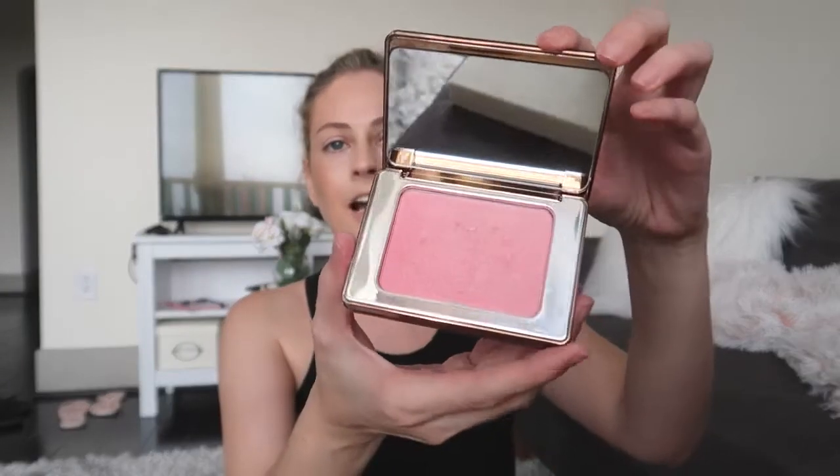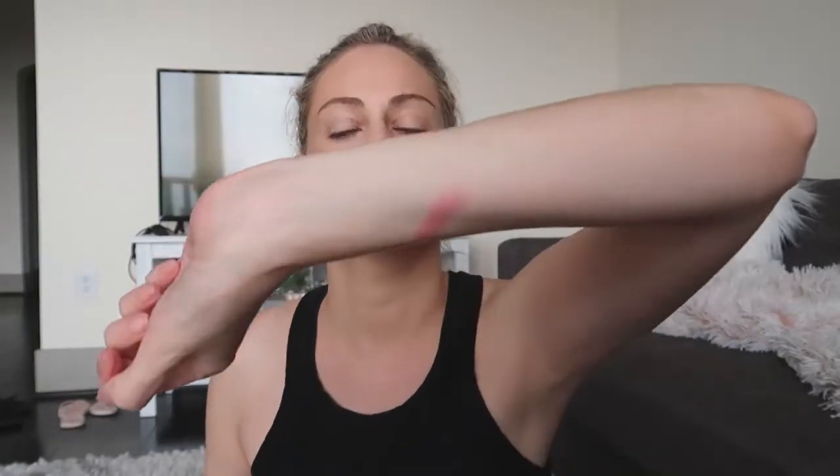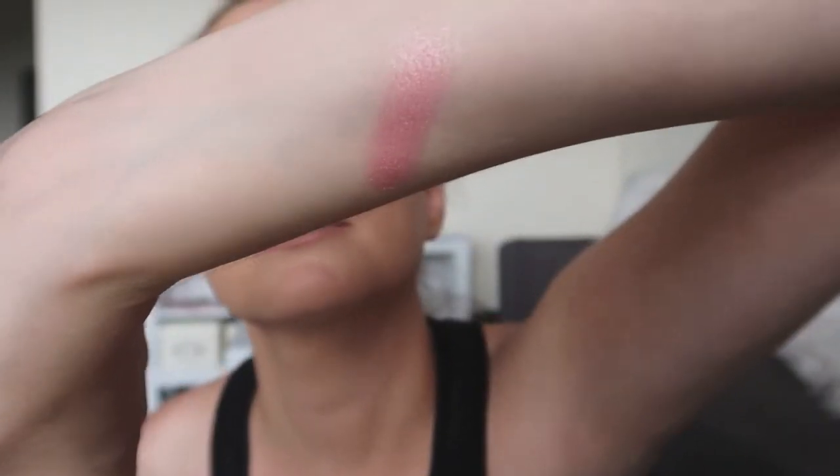I love bronzer. Yeah, after the bronzer, what do? Oh yeah. Okay, I got this Natasha Denona Duo Glow. I got it a couple months ago and I really love it. Look at how pretty the color is. I don't know if you could see. This is like